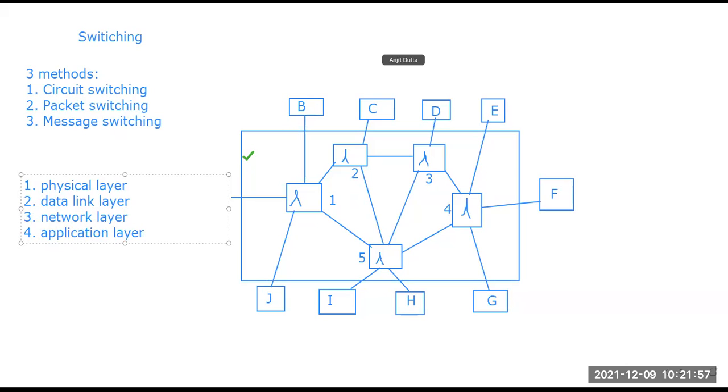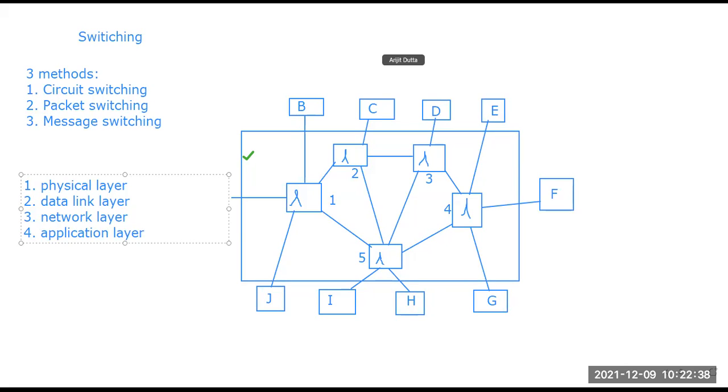In the physical layer, we can have circuit switching. We have just talked about the switching techniques: there are three processes, circuit switching, message switching, and packet switching. These can be added into the layers, depending on which technique we use at which layer. So in the physical layer, the switching technique that is used is circuit switching. What circuit switching, packet switching, and message switching are, we will see in the next session. But first, let us see which technique is present in which layer.